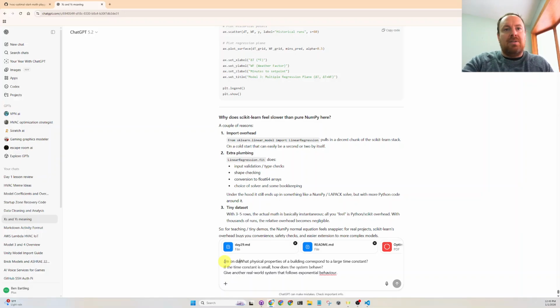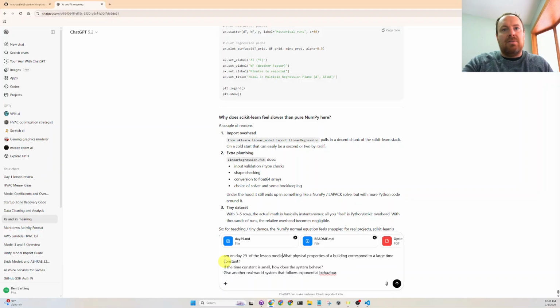I'm on day 29 of the lessons, model 4 from the paper. What physical properties of a building correspond to a large time constant? So I would say heat transfer,